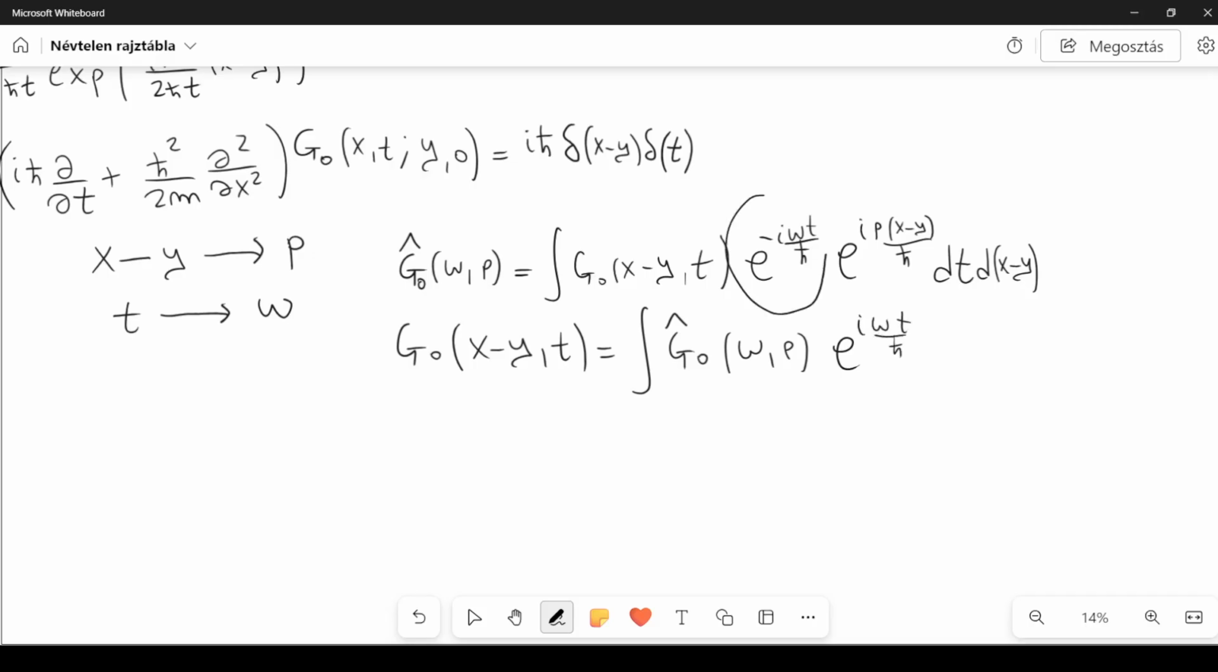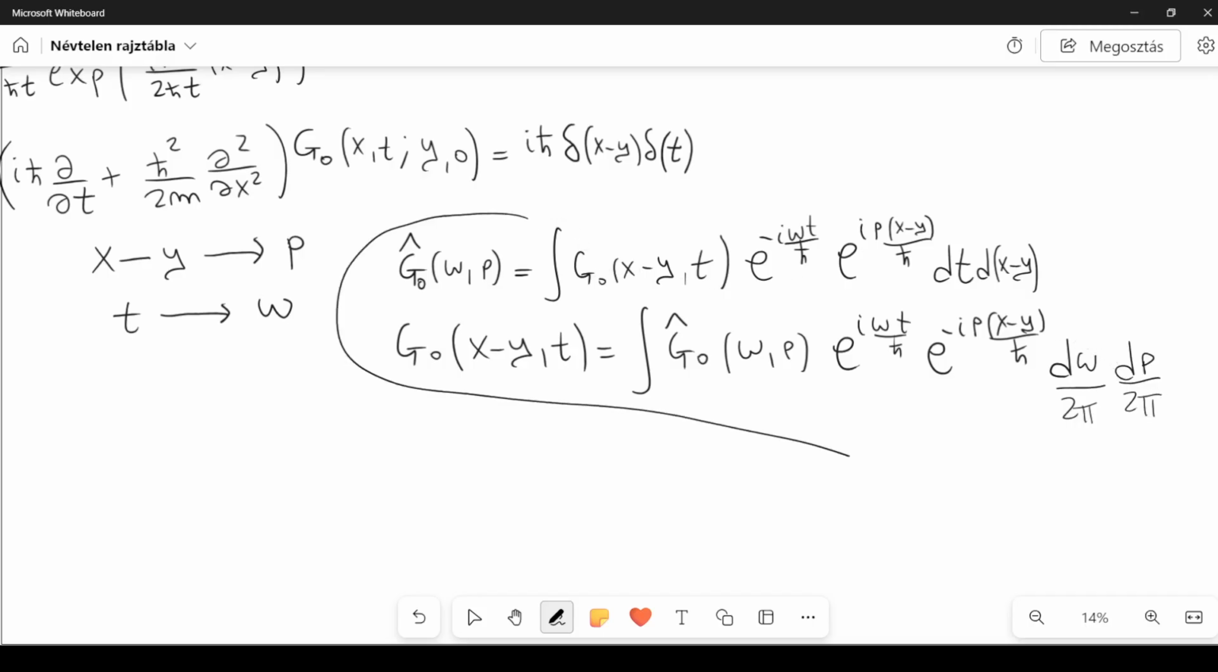So it's the following exponential with a plus, so you have to complex conjugate it. Then you have e to the minus i p (x minus y) over h bar. So it's the same exponential here, but with a minus instead of a plus. And you integrate over omega divided by 2 pi, and you also have to integrate over p divided by 2 pi. So with these definitions, you can fully transform this equation,